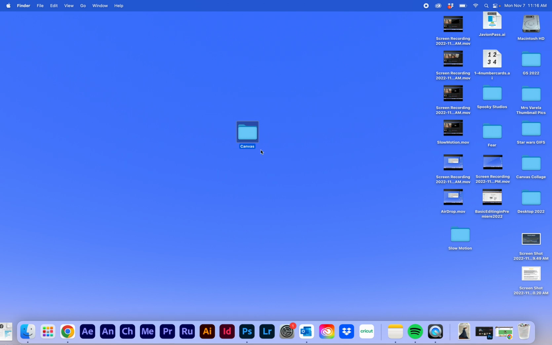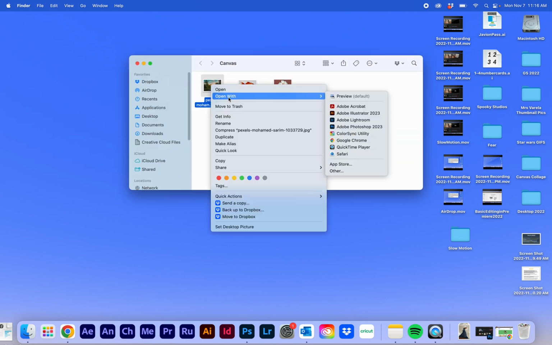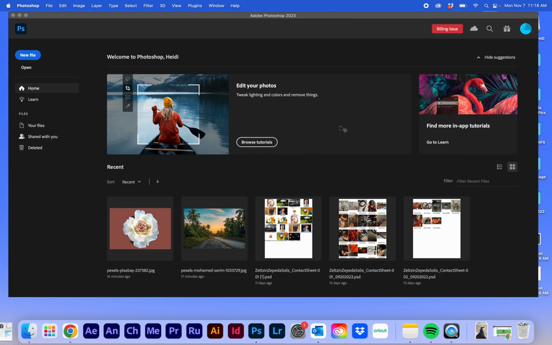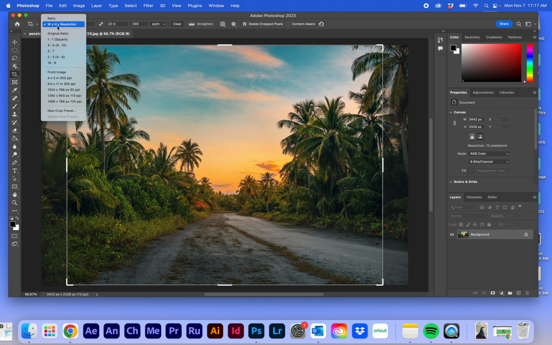So let's start by right-clicking on my background image, and I'm going to open with Photoshop. Okay, and I need to make sure that this is 22 inches by 28 inches. That's how big I need to print it, because it's going to be an 18 by 24 print to go around the stretcher bar. So I have to go to the crop menu,